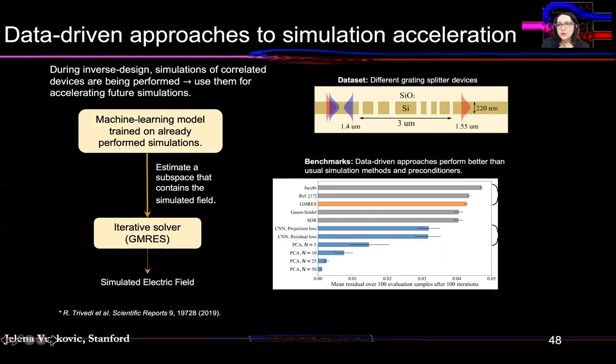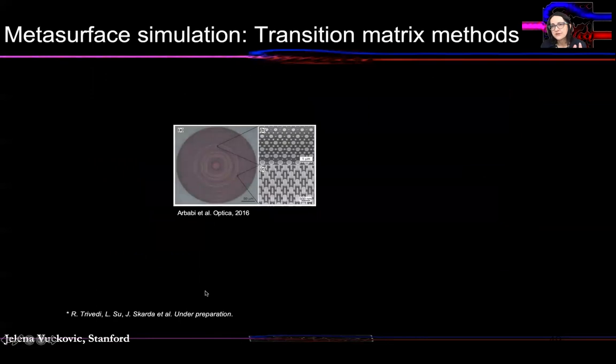So that's one thing that we do, learning something about the simulations that we're performing in order to speed them up. But what about scaling size even further? For example, how do we optimize the full metasurface and not just one simple building block of a metasurface? Metasurfaces can be millimeters in size. And often when people design only a single element of a metasurface, they neglect interaction between these unit cells and elements, which leads to non-ideal behavior of the whole metasurface. So what we would like to do is to design the whole thing at once, millimeters of metasurface at once